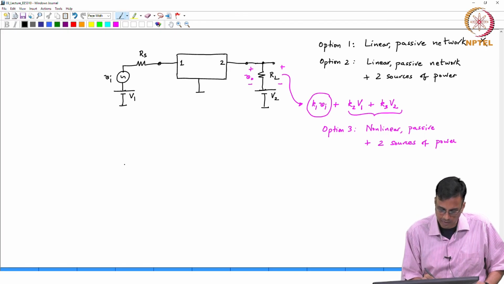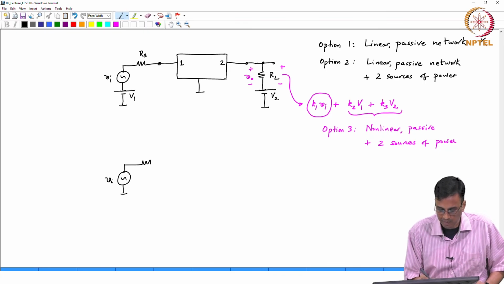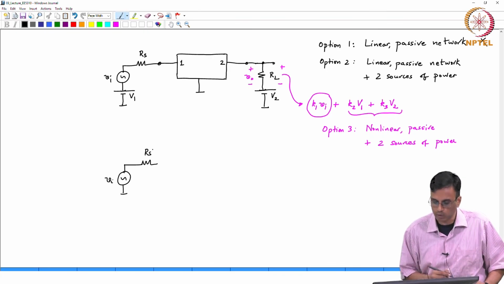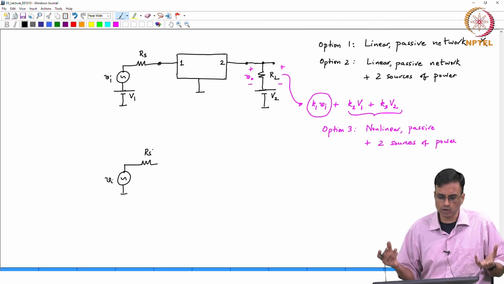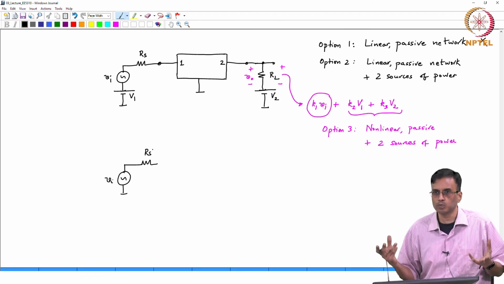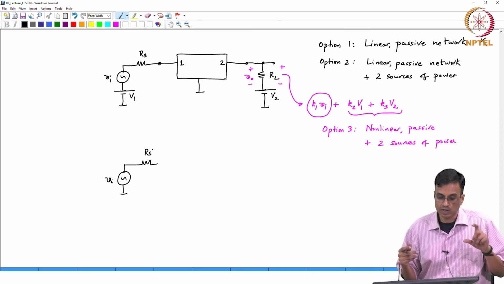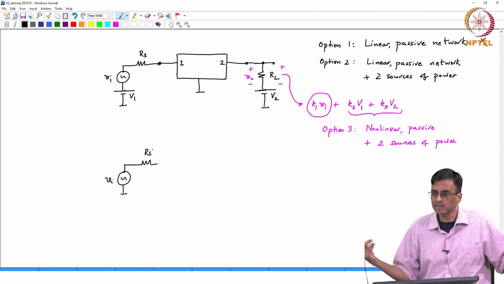Short circuit. So, what we end up with on the input side is Vi and Rs. What do we replace the 2 port with? It is a nonlinear 2 port. So, what is the operating point of the 2 port? It is not really V1 and V2, it is